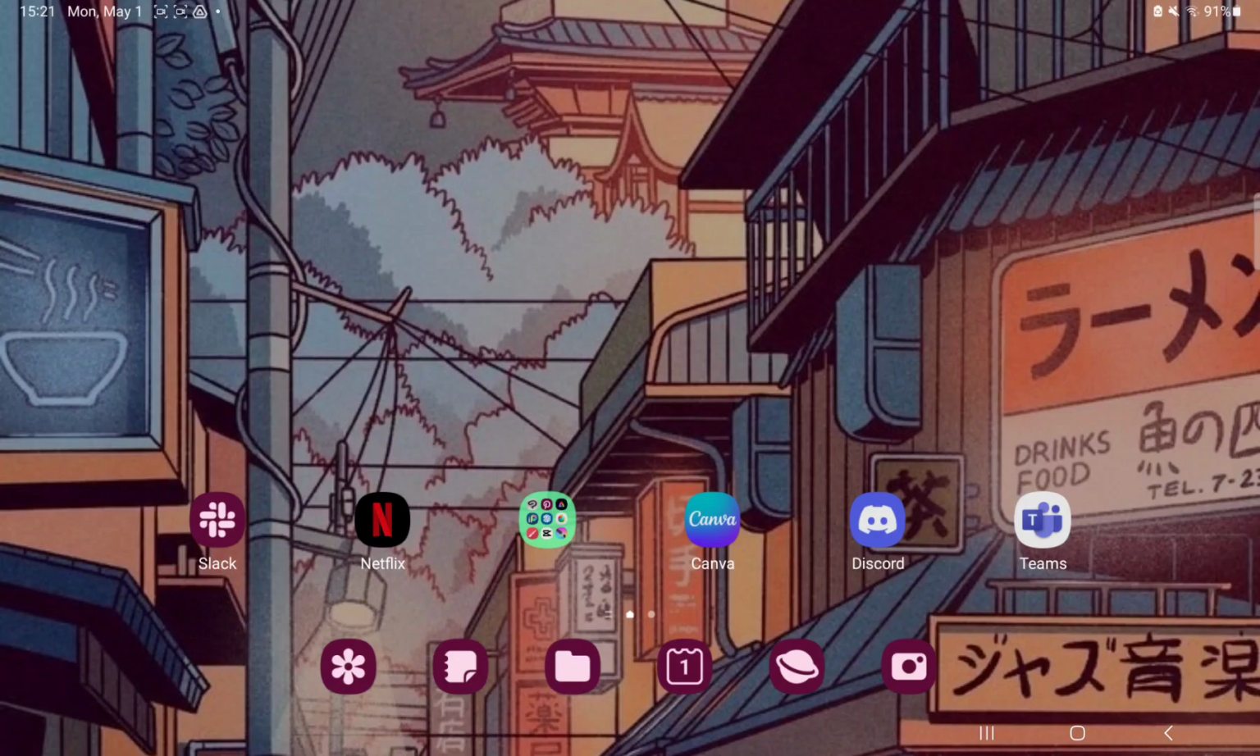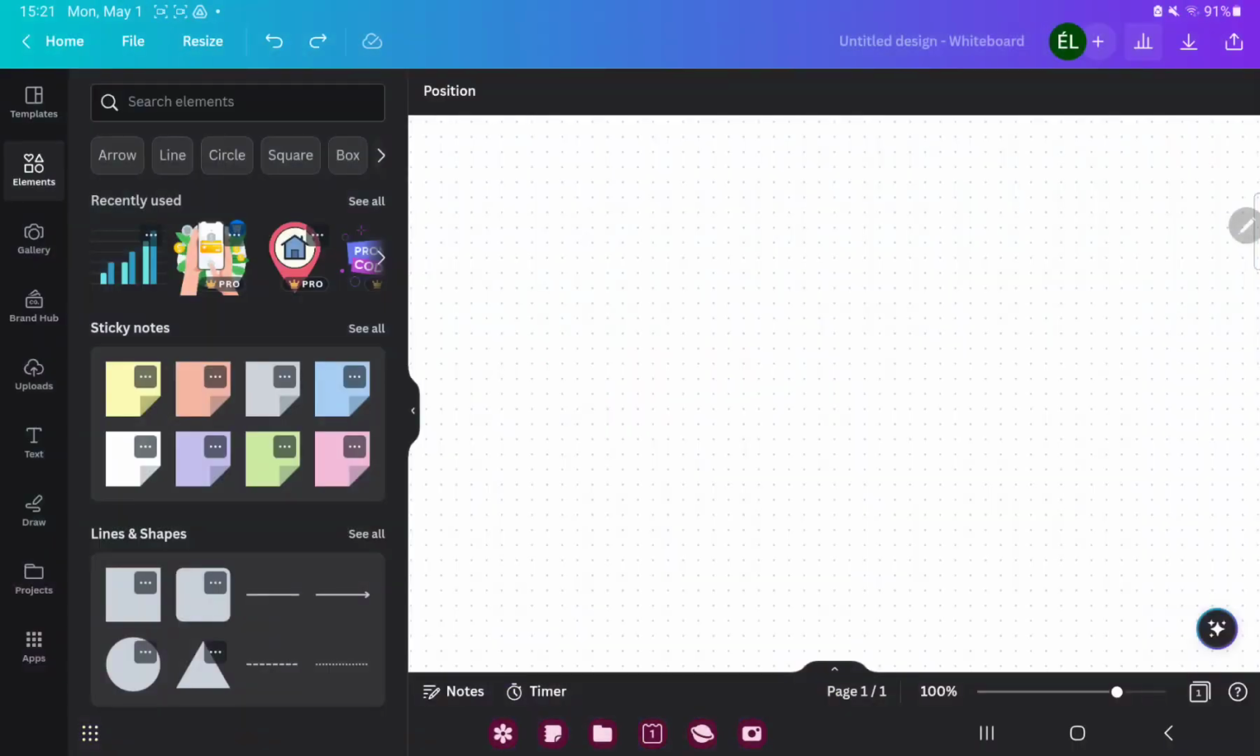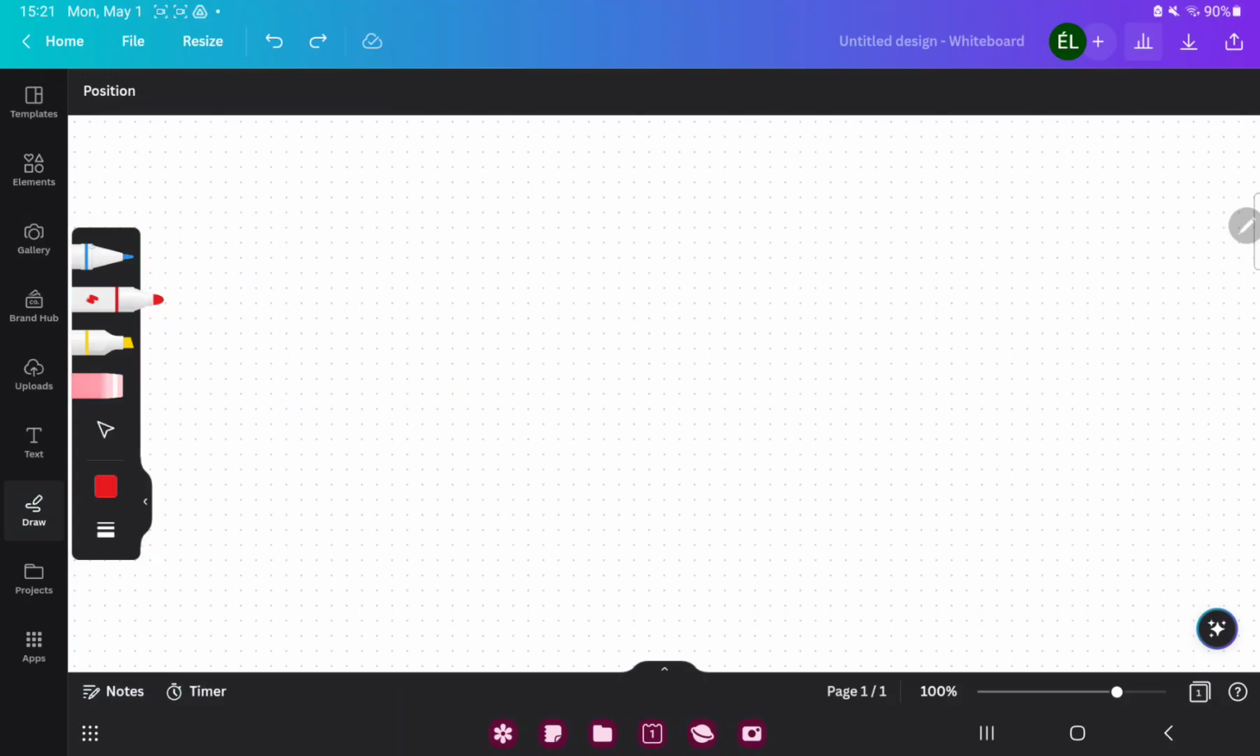First of all, open the application on your device. Open a whiteboard and go to the draft section under the text button at the left side on the screen. And here you can select the pencil, markers, and the eraser. And just select one, and you can draft to your document. And done. So that's pretty much it for this video,